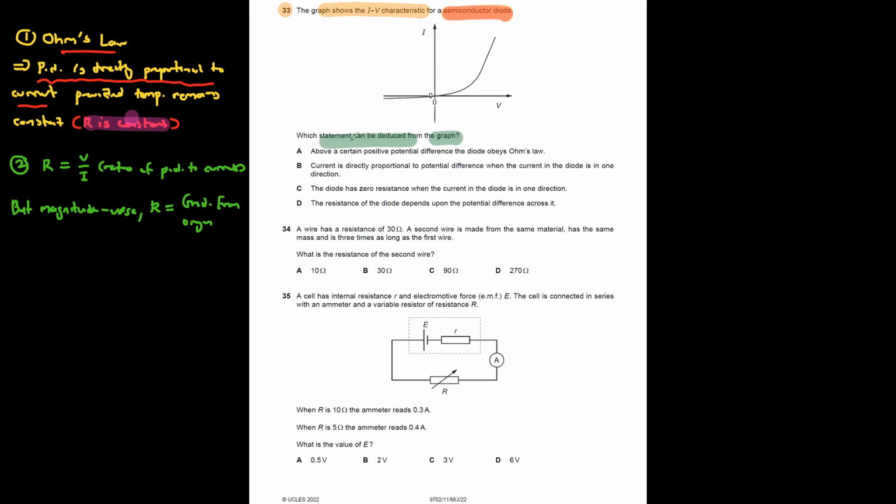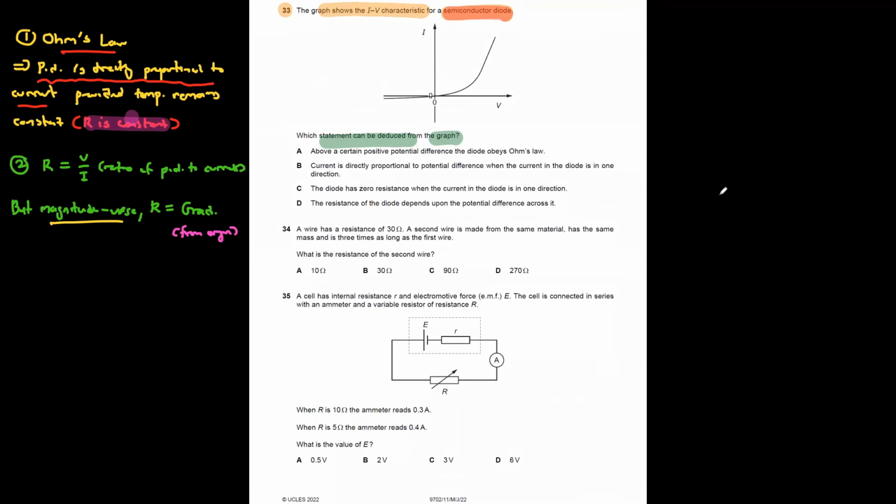So let me just rewrite this properly for you. It's actually equal to the gradient, but measured from origin. To give you an idea of what I mean by that, you see that this is an